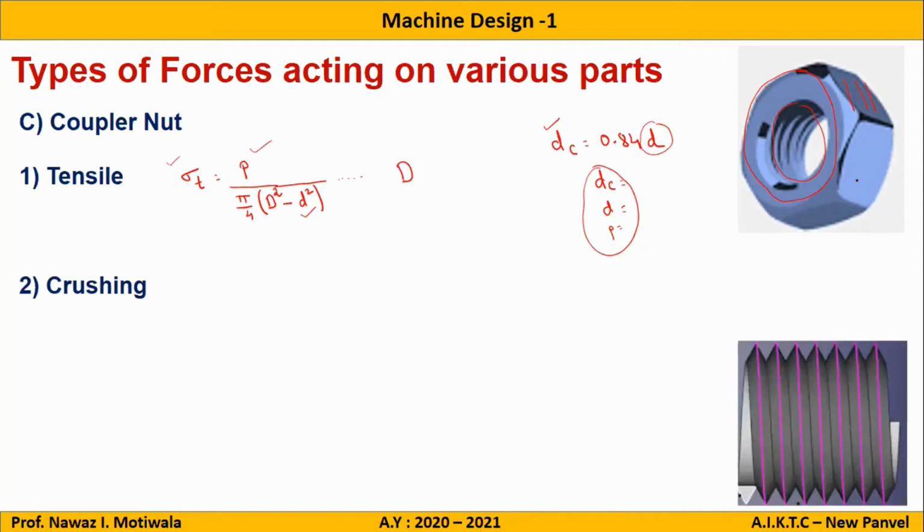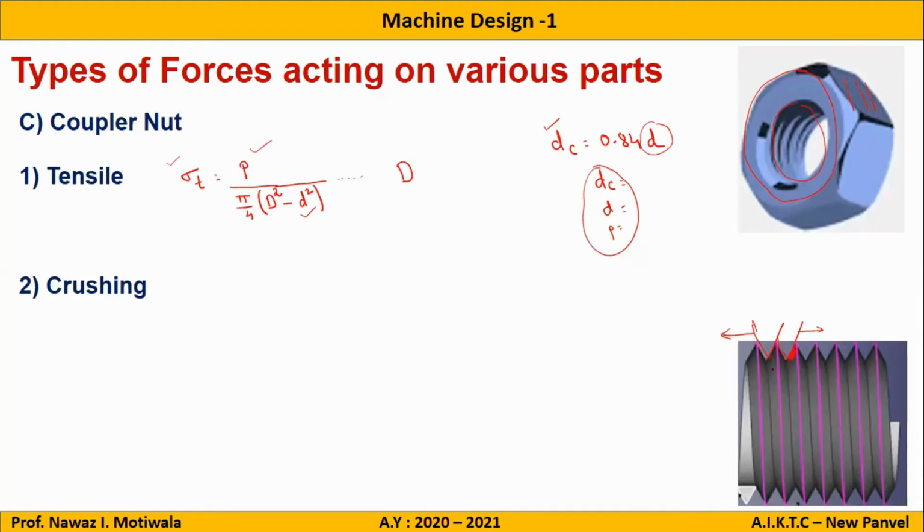So again I have made the same diagram here. Let us say this is a screw and there is a nut here. ये नट है ऊपर, this is a screw, this is a nut, so it will be somewhat like this. Now when the tensile load is applied, what will happen? This will try to press this one. Press होगा या नहीं होगा?